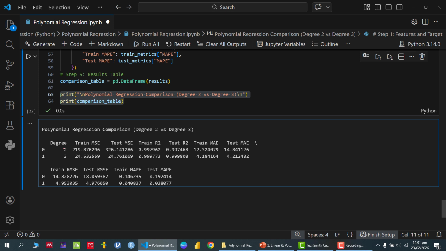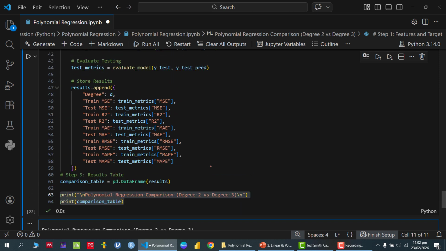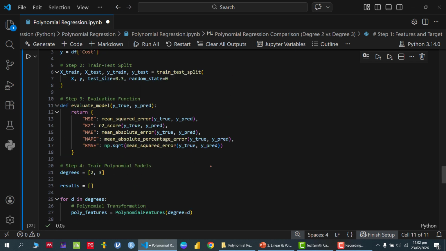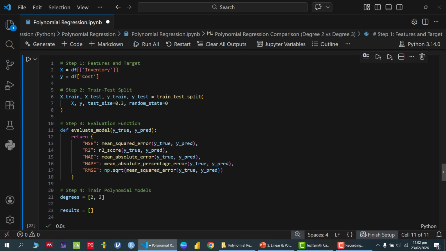If you look at the mean square error for degree 2 and degree 3, we can easily see that the degree 3 model is doing better on this data compared to degree 2. Same is the case with R square. This is a higher number, so that means degree 3 is doing better. Similarly, with respect to mean absolute error, degree 3 is doing better. So if you would like to predict, degree 3 is the better model for this data set